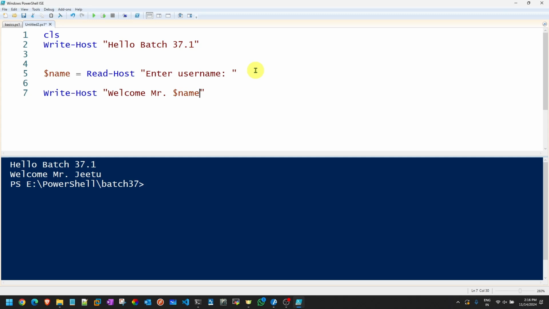Remember one thing in PowerShell: variables always start with a dollar symbol and are always called by the dollar symbol. Now if I run the code, can you see it? First it prints hello batch so and so, enter username. And now I'll write the name. I can rerun the same program again and this time write another name.